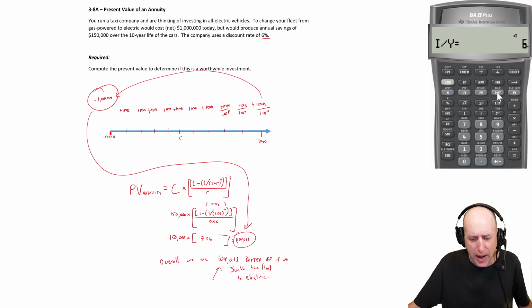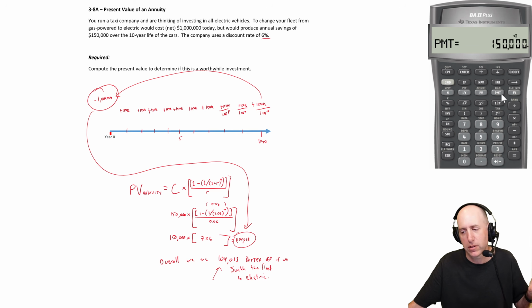We know our payment is $150,000 flowing to us, 150,000 PMT. It didn't happen at the beginning of a period. We'll look at those. Those are called annuities due. And FV is 0. These things go down to 0. So I'm going to compute the present value of those payments, essentially. So I go compute PV, and I get